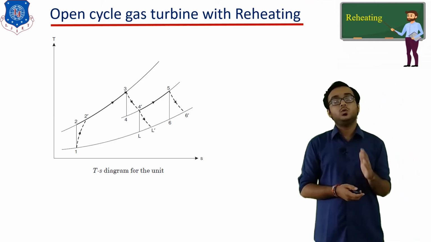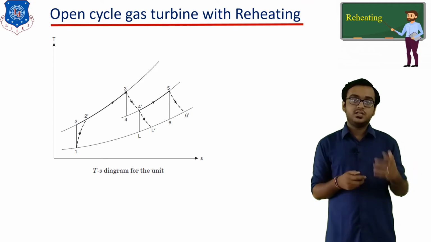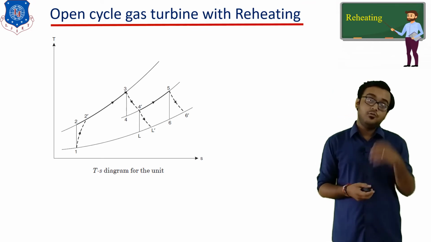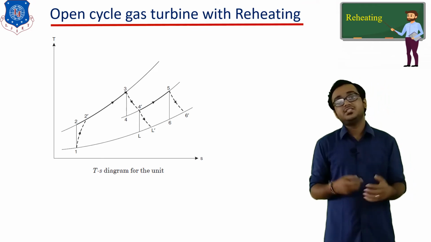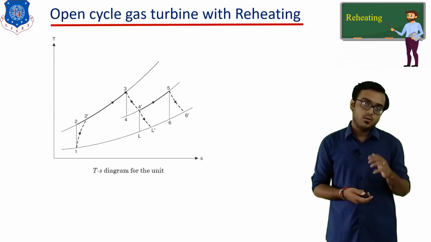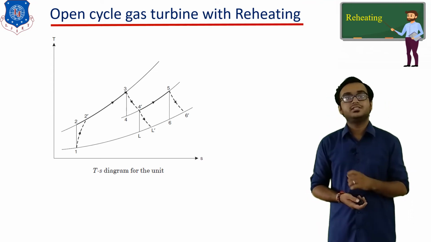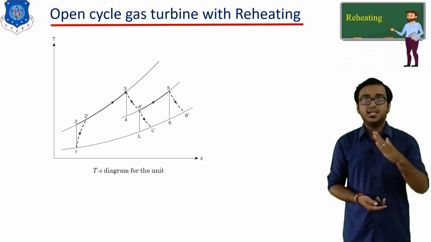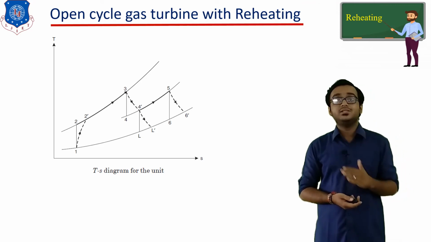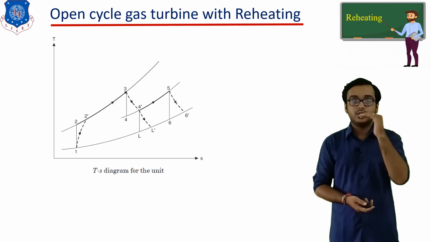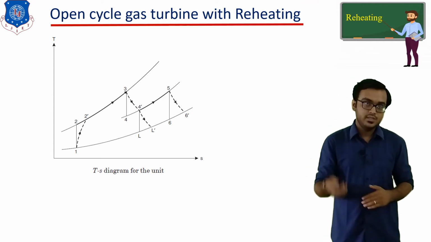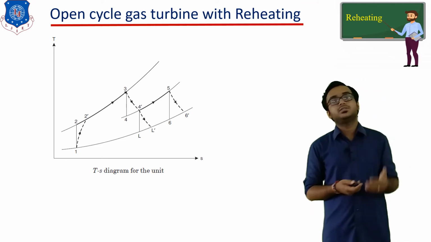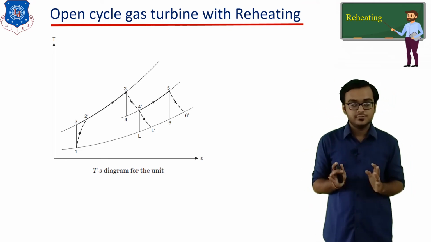the pressure remains constant while the temperature is increased, because ultimately the combustion chamber is one form of heat exchanger, a direct contact heat exchanger, where the fuel and the air get mixed with each other in order to initiate the combustion. Okay, so ultimately the pressure remains constant inside the combustion chamber, while the temperature is increased. So we need to plot one inclined path which shows the rise of temperature but the pressure remains constant. That's why you can say 4' to 5 is our actual combustion process, while 4 to 5 is our ideal combustion process. Clear up to this?